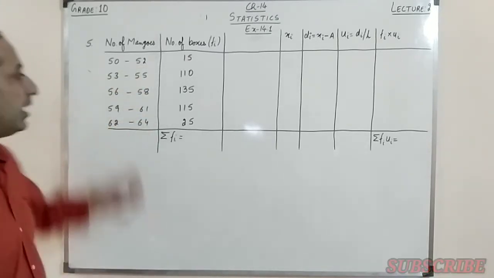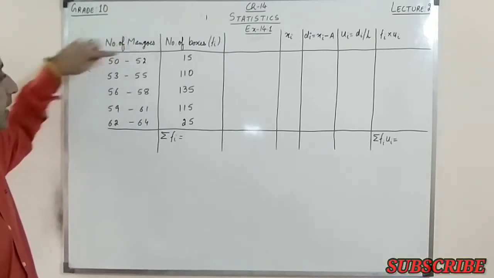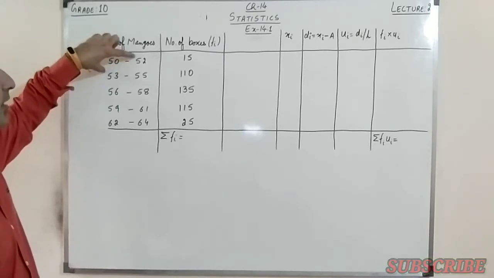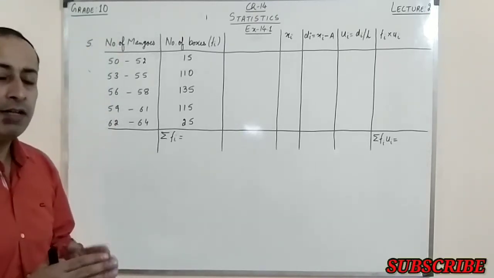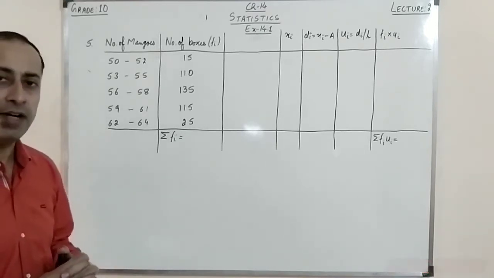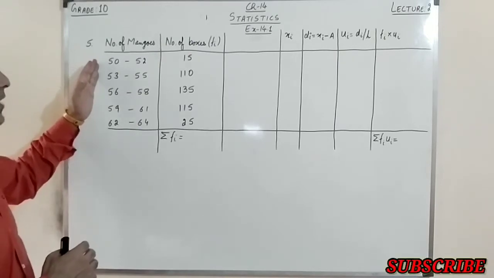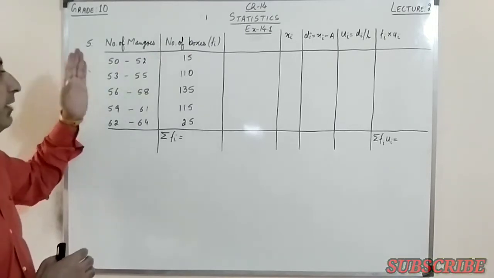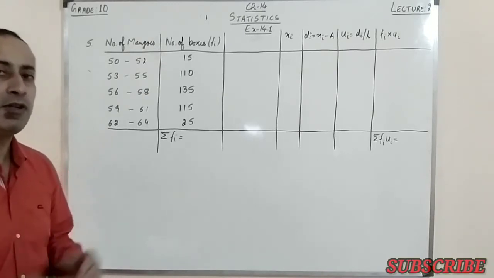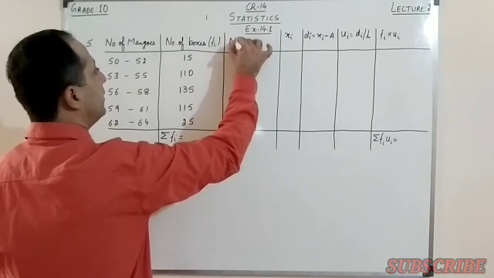Understand once again. I have taken the difference of the upper limit of one interval and the lower limit of the next interval. Then whatever the difference is, I make half of it. Like in this question, this is 0.5 after dividing by 2. So I will subtract 0.5 from the lower limit and add 0.5 to the upper limit to make the class intervals continuous. So my new class intervals would be as follows.